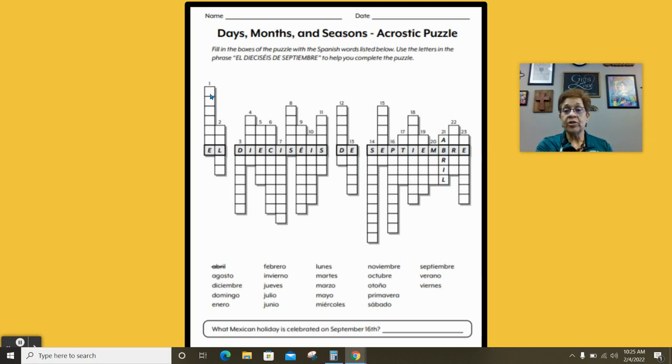So the first thing you want to do is count the boxes. Uno, dos, tres, cuatro, cinco, seis, siete, ocho. Ocho letras. So this is a word with ocho letras, 8 letters. And the last letter is E. So look for all your words that end in E. Oh, there's diciembre,